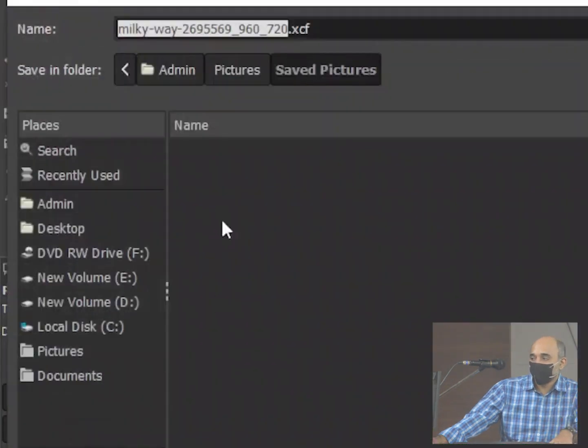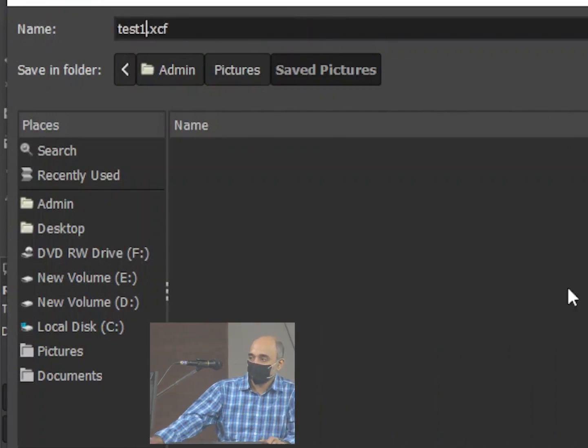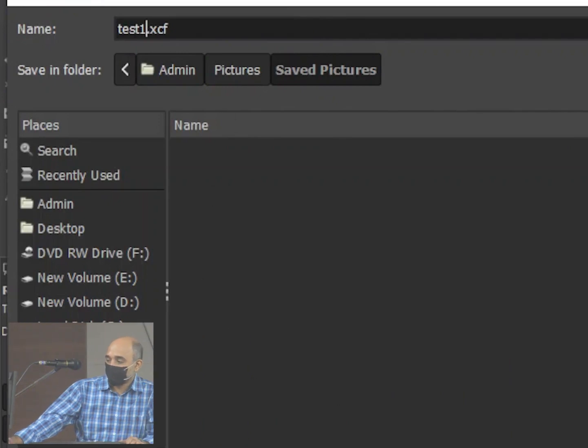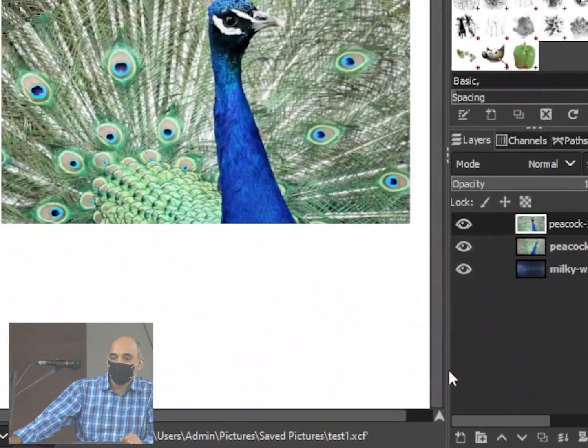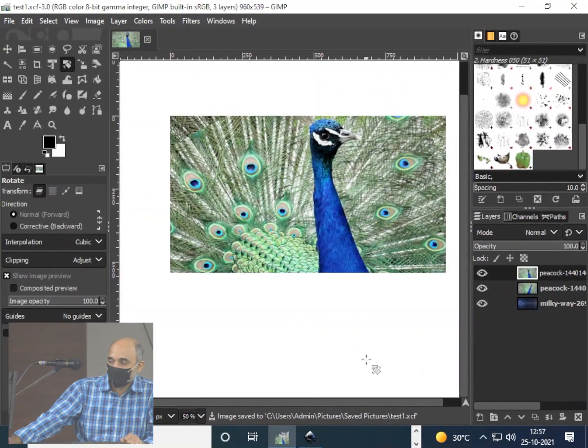Okay, and it will save as an XCF file, which is storing the data of the layers. The format that GIMP uses is XCF. Okay, and I'll save it so that we can use it later also again. It's an XCF format that it uses.